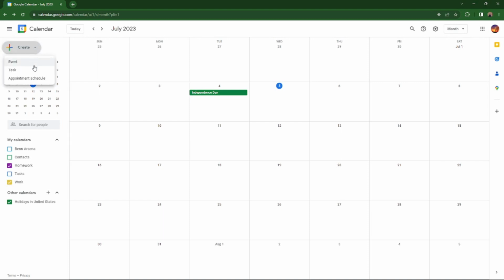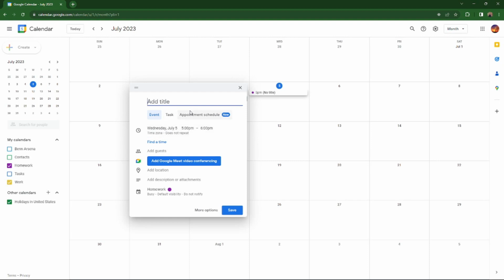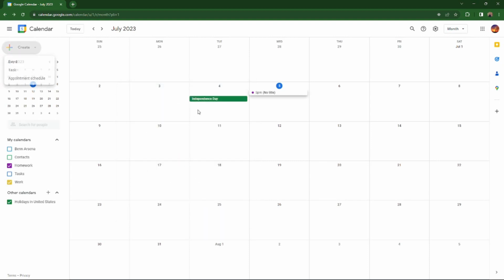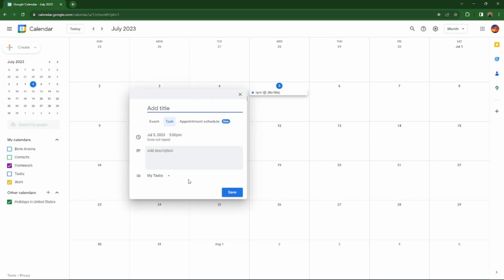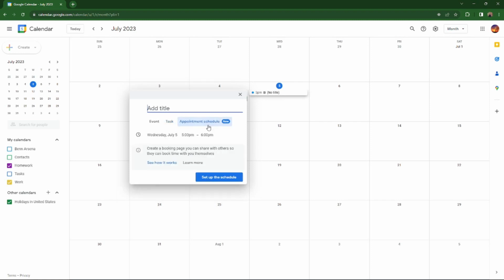First, we gotta explain what each of these three things mean. An event is what it means. You schedule an event. A task is a short little thing. I don't really like using tasks. I mean, you can use them too. It's kind of like reminders, and you can just check them off, tell you when they're done. Appointment schedule. That's